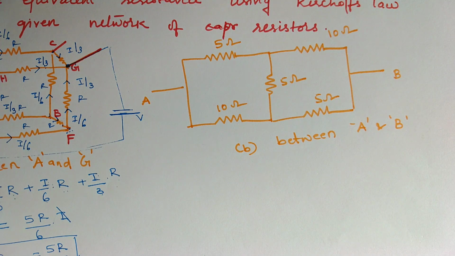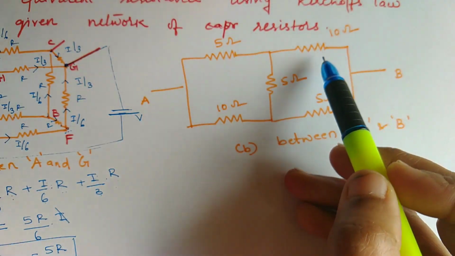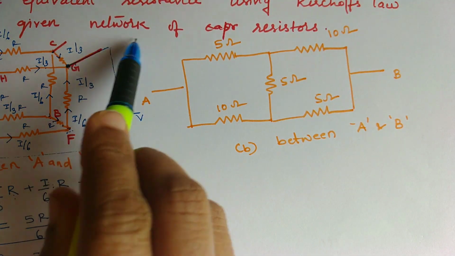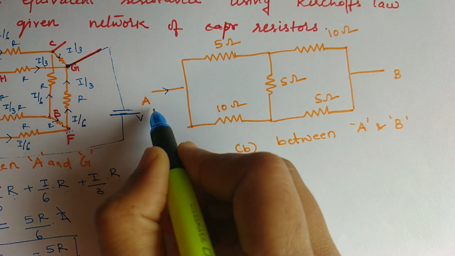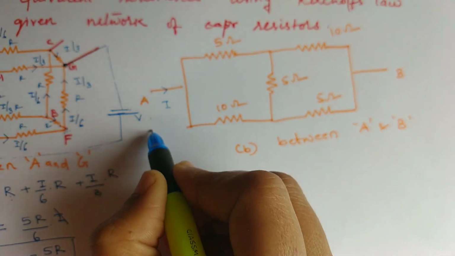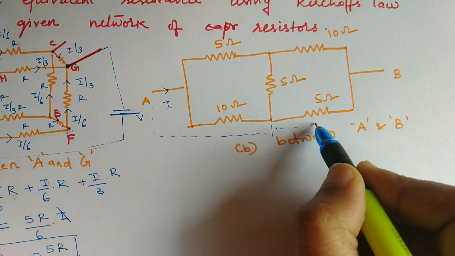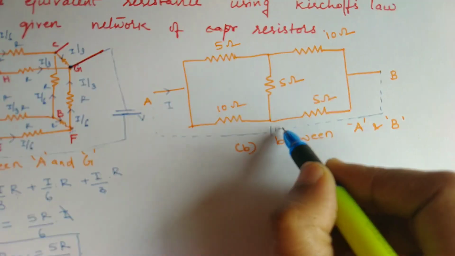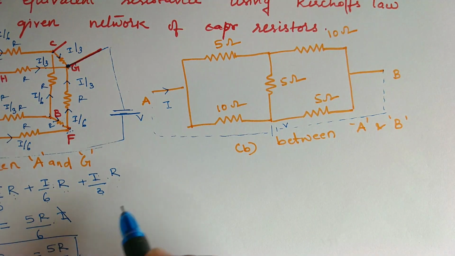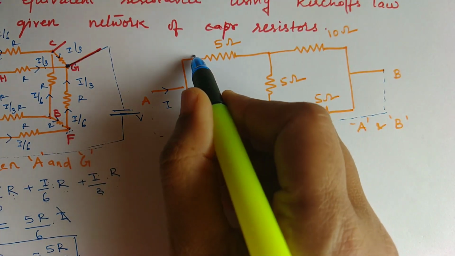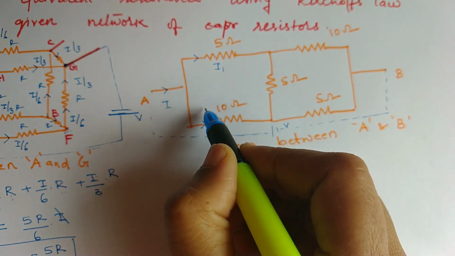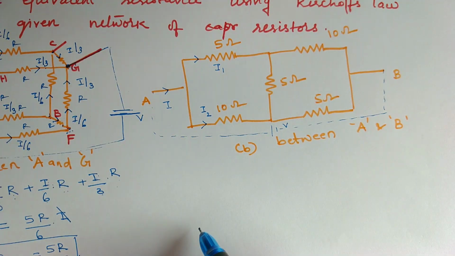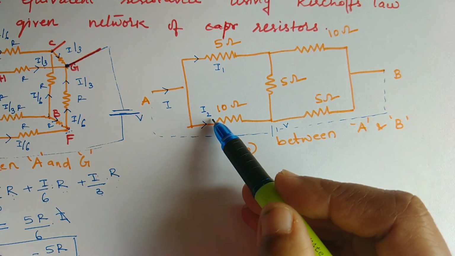It is unbalanced. We can also solve it by using star-delta conversion, but here, since we have to show it by making use of Kirchhoff's laws, I'll tell you the alternative method. In this method, connect a potential difference or a battery between A and B, let the potential difference be V. Now it is supplying a current I, and this current is divided as I1 and I2.